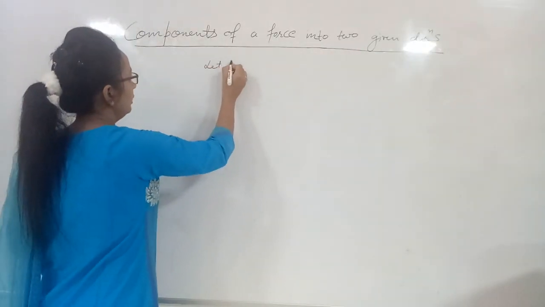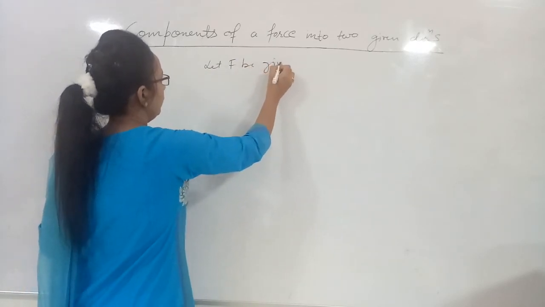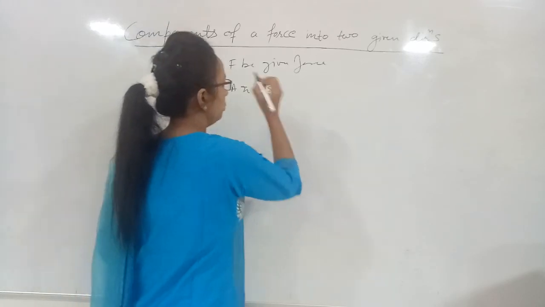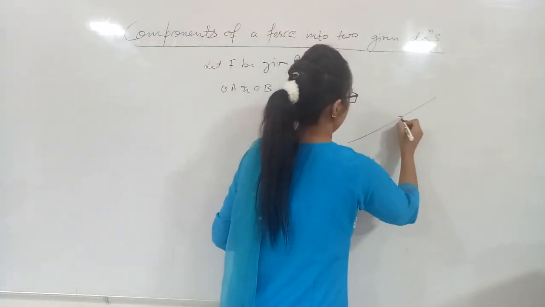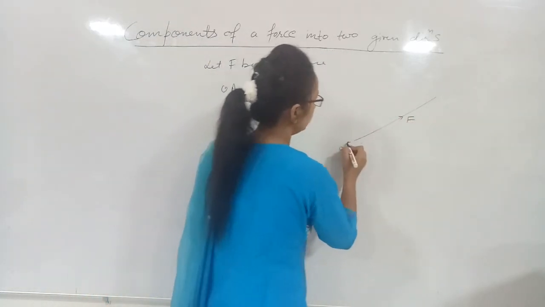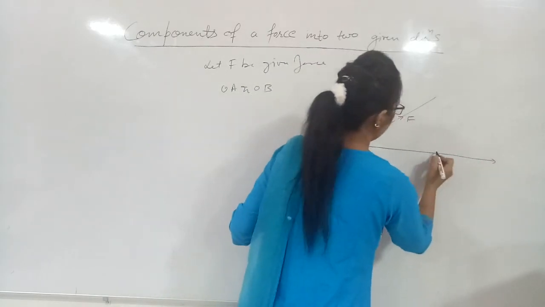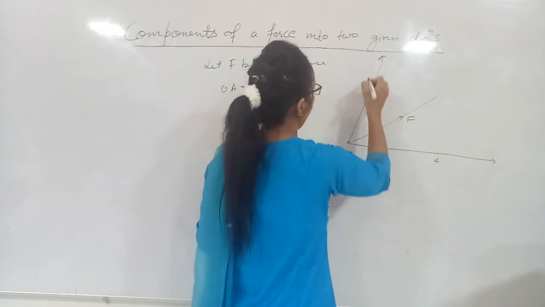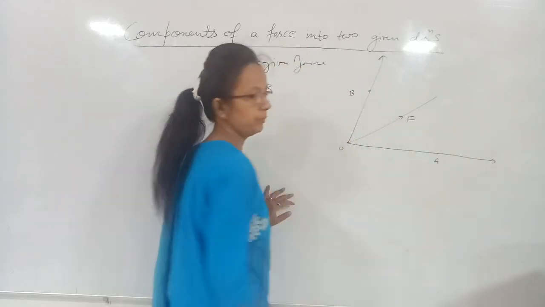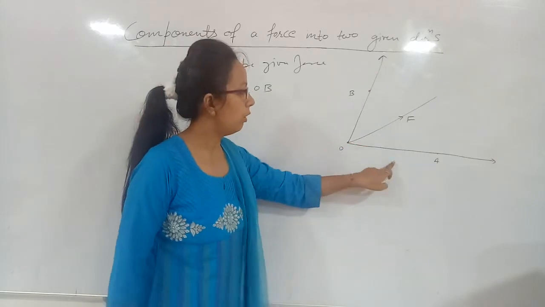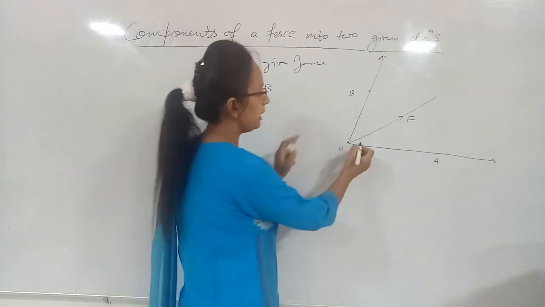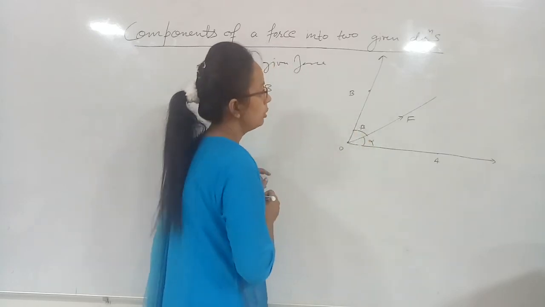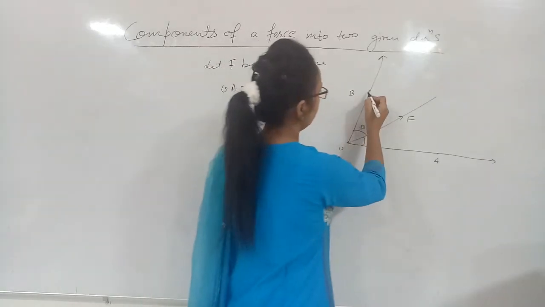So let F be the given force and OA and OB are the two directions. F is the given force and we have two directions OA and OB. We'll find its component along OA and along OB, making angles alpha and beta. So for that let us do some construction work. We'll complete